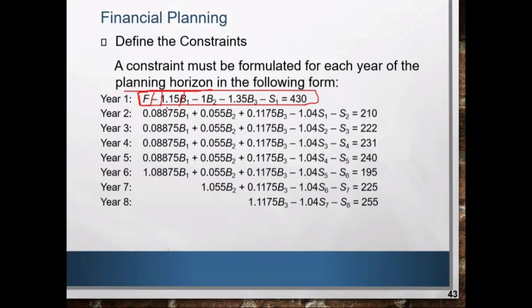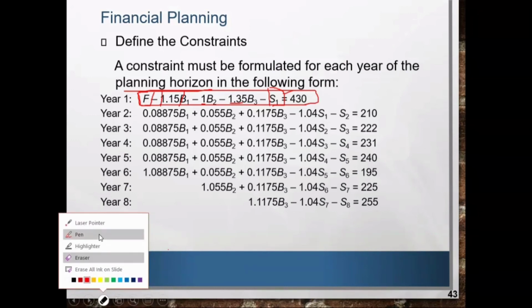So now we have 1.15, understood as 1K, so it is moved 3 decimal places, and bond 3, 1,350, moved 3 decimal places, minus savings at the beginning of year 1. Since we don't have savings yet, this is unknown. It will equal the cash obligations at the end of each year. So we have 430K. For the conversion, we don't need the K, because it is already moved 3 decimal places.